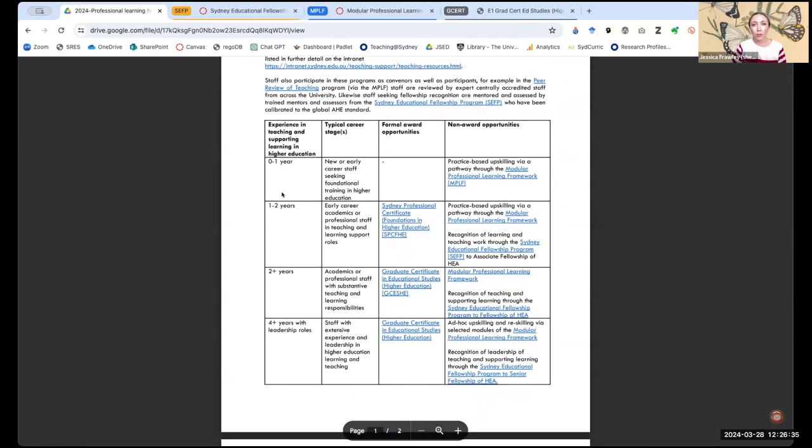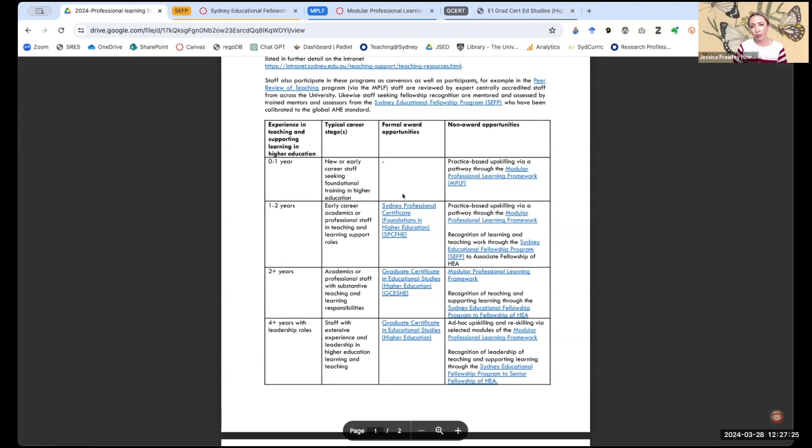For those who are early in their career, they can go through the modular professional learning framework. That doesn't lead immediately to a category of fellowship because you're just starting out in your first year. As you go up, you can do the Sydney Educational Fellowship Program, which is the award mechanism for granting fellowships from associate fellowship all the way to senior fellowship. We're accredited for D1 to D3 of the UK PSF. And then we also have formal award opportunities,